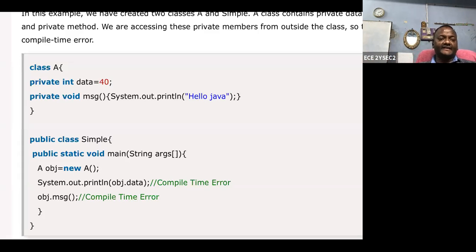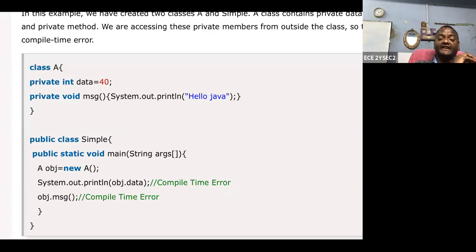So now you will get an error. Why? Because your modifier is private. What is the function of private? Private only works in the present class. Here your attributes are in one class and your objects are in another class. In general, an object can access the attributes of another class, but since you made it private, it cannot be accessed from another class.